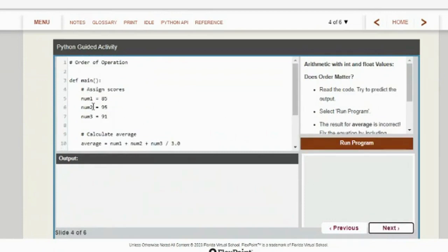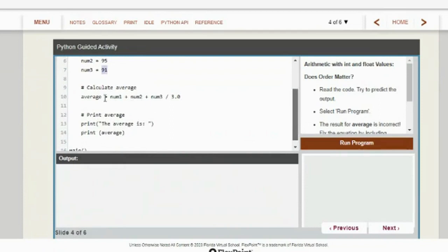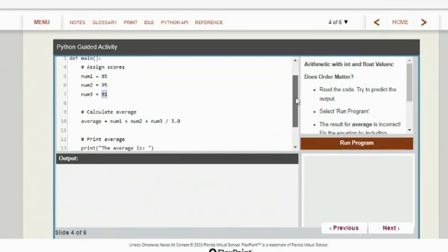Here we've got num1, num2, num3. So we got three numbers, variables that we're assigning, 85, 95, 91. And we're going to calculate the average. So here's more calculations we can do. The average equals number 1 plus number 2 plus number 3 divided by 3. All right, that's how we figure out an average. If you have three numbers, you add them together, you divide that total by 3, and that will give you